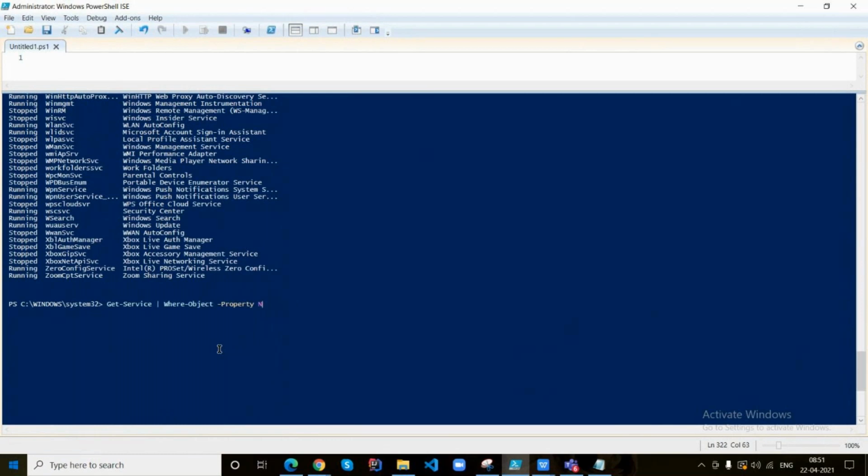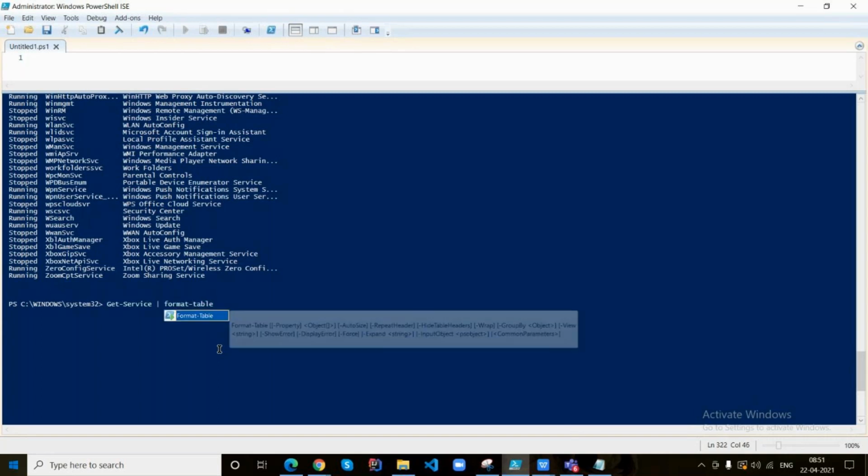So, Get-Service, pipe symbol, Format-Table. You need to give Format-Table in the form of a cmdlet.